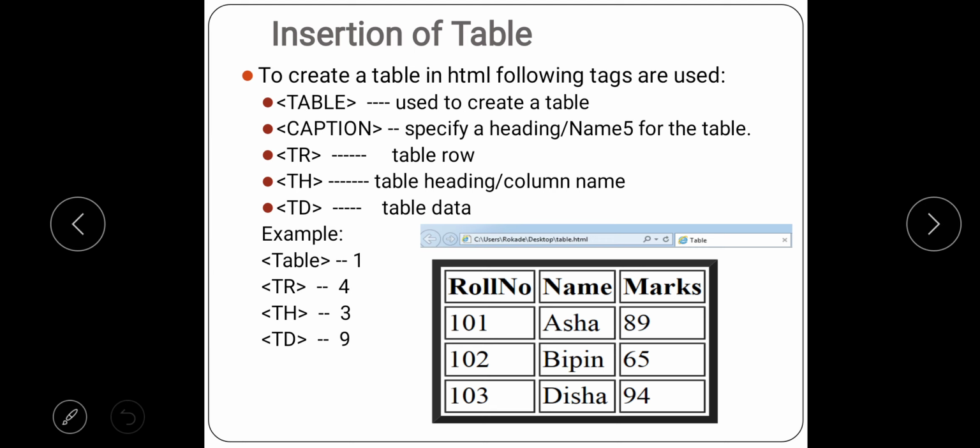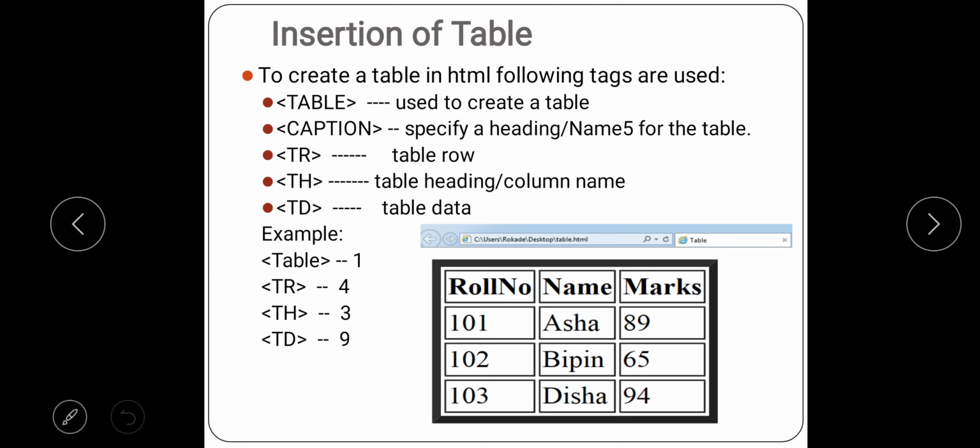Because we have only a single table. Then the table has 4 rows, so there will be a total of 4 row tags, that is tr tags. Then next is what? th. Now how many headings are there in our table?